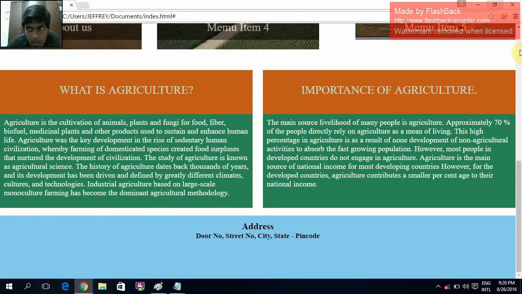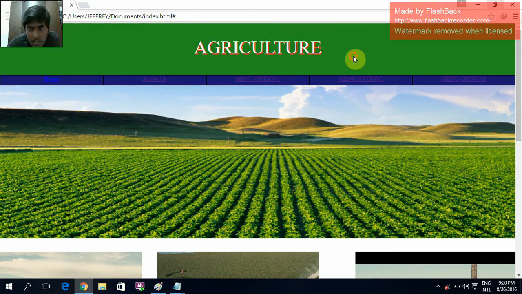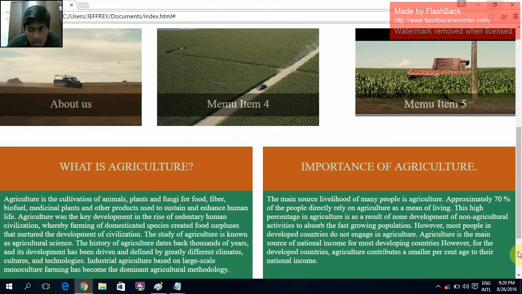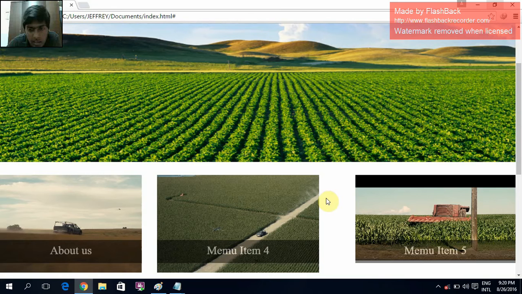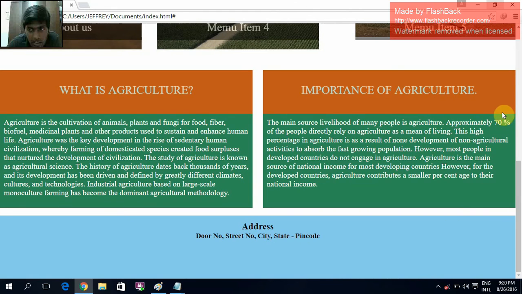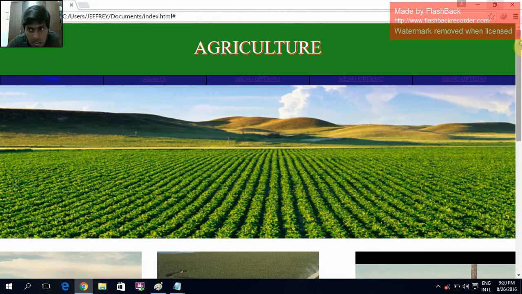This type of web page can be created not only by just using HTML, but also by using CSS. CSS is used to highlight the outline which is given by the HTML, the colors and the padding and the image height, width, and the box containing the data. Everything can be done by CSS. CSS is mainly used for highlighting. This is about the third experiment. Thank you.